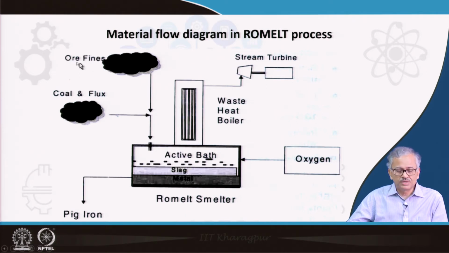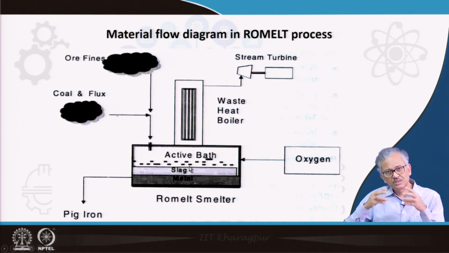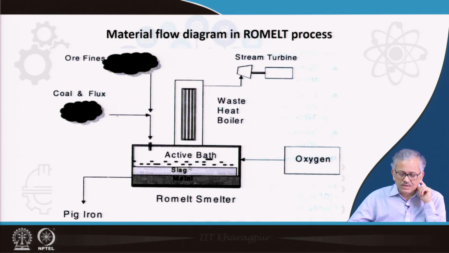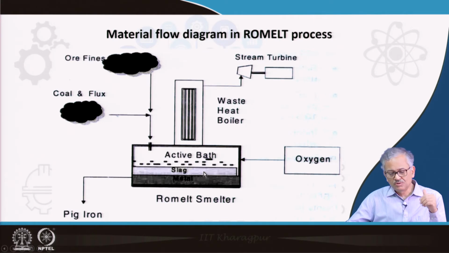It can be any kind of iron bearing waste material, and the coal fines are charged into it, and you can charge the oxygen, and then you generate intense heat, take everything into the slag phase, and then the carbon will reduce the iron oxide from the slag phase to iron, and by gravity iron will settle at the bottom and the reaction will go on. But the only problem in this process is a lot of carbon consumption, that is, your coal consumption is quite high, because you are doing everything in a single process.